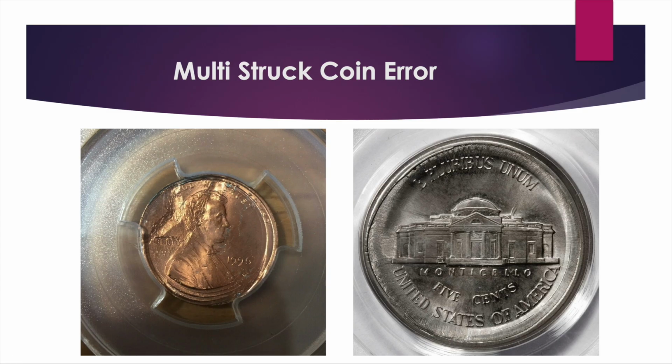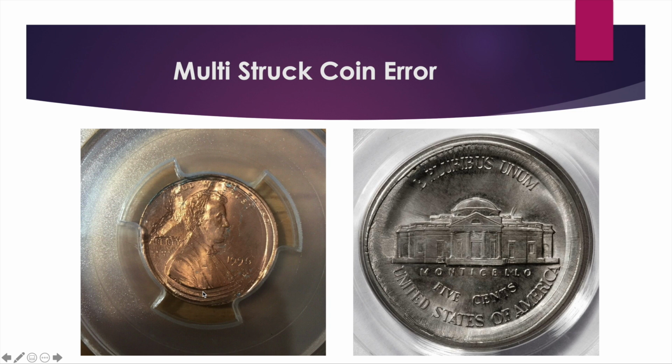And here we've got these multi-struck coins, and essentially, a lot of people think that this is like a double die coin. That's really not what we're looking at. A double die coin is formed when, during the process of making the dies, which are used to actually strike the coins, that's where the double dies are made. The multi-struck coins is literally when the coins are struck multiple times, and it looks like there's double, triple, quadruple,